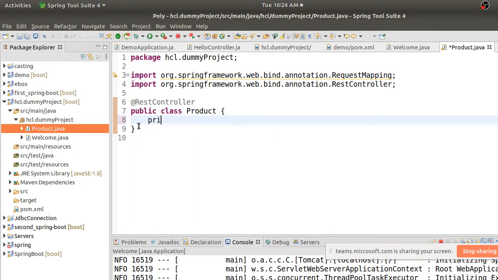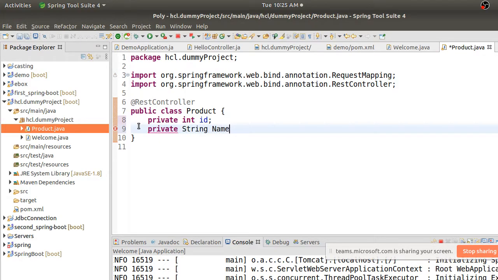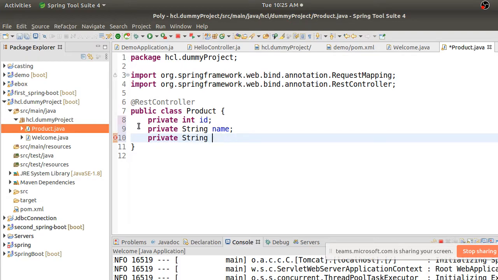So here I will write some properties, say, private int id. So id is a property, and every product will have a name, and it will have a description. Okay, I'm assuming these are the properties which are available.